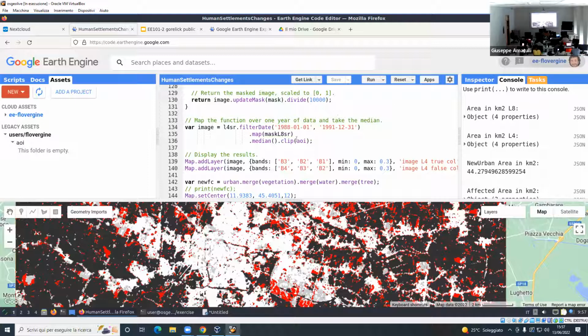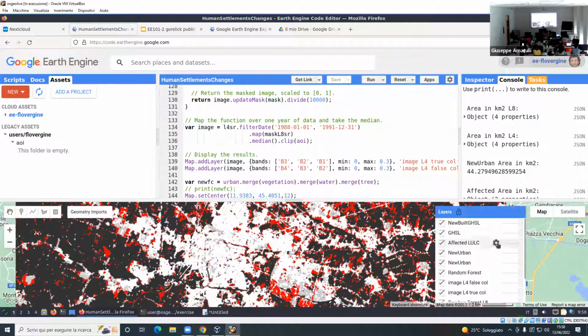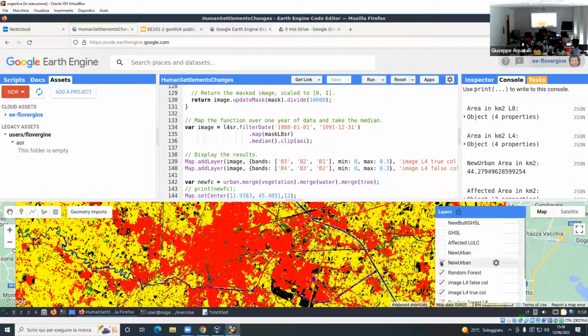Of course, this period is masked for the cloud, and this also used the median and the clipping around the area of interest in order to extract the images. The images shown here are